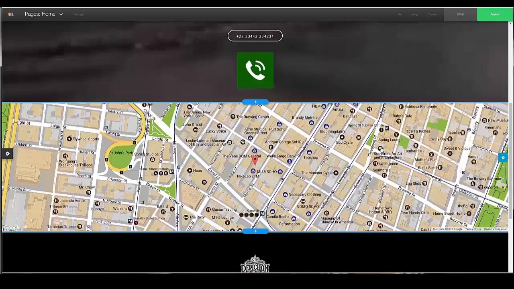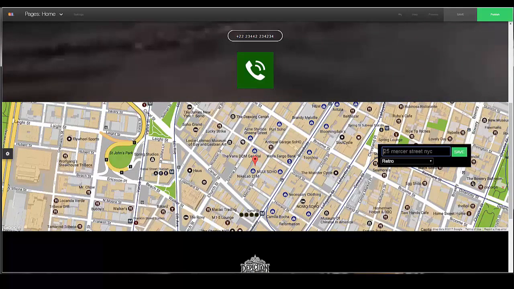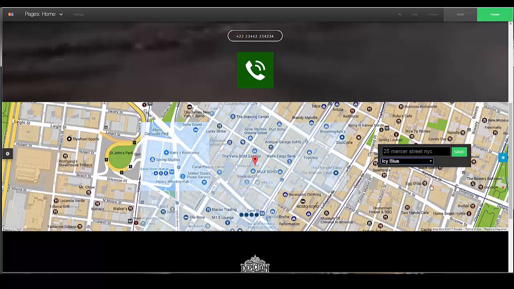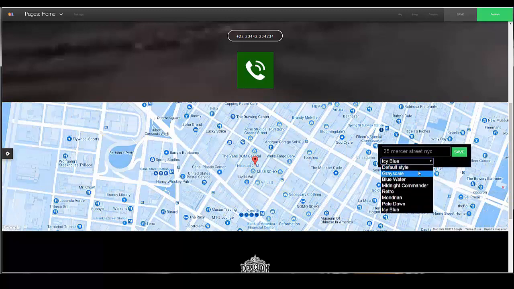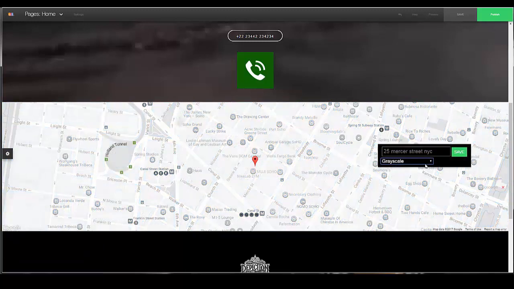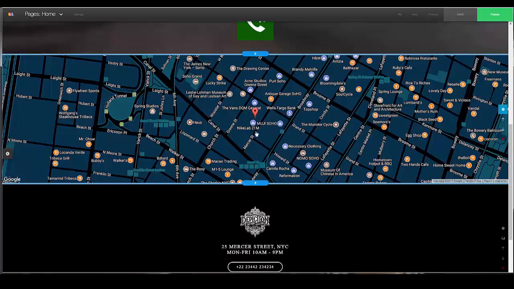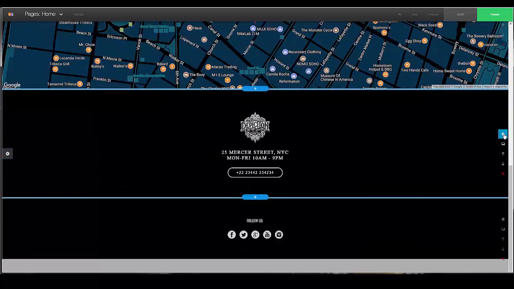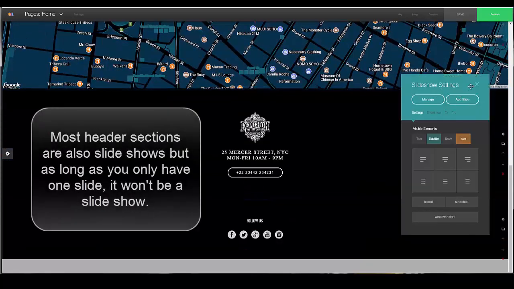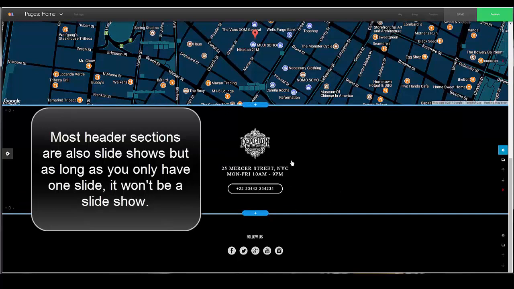If I want to edit the map, I just click on Edit, type in my address, choose the style of map. So you have a lot of different styles for the map here. And then save your location, and when you publish the website, the map is active and people can scroll and move around it. So in this section, we have another slideshow setting, and then anytime you want to add something,